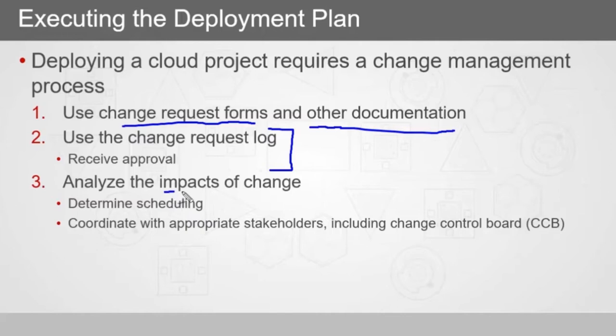We need to be ensuring that we are looking at the aspects of impact to change, right? So are we going to be using resources at the same time? A lot of cloud content ends up piping through the network. What's that going to look like? And then making sure that the stakeholders that are associated with the different applications or services that you're focused on are really able to understand what the nature of the change is as you move to a cloud-based hosted environment,